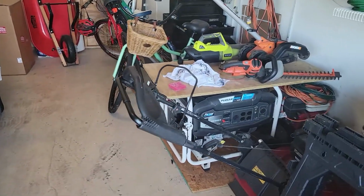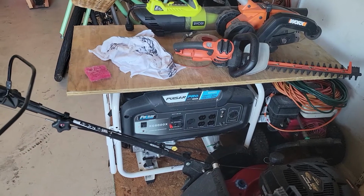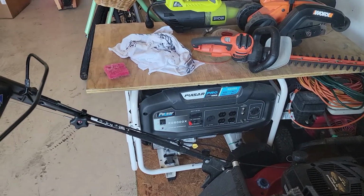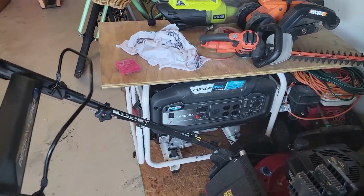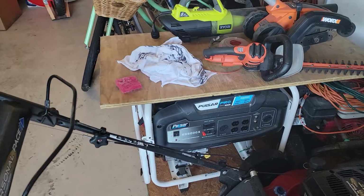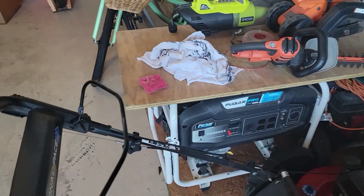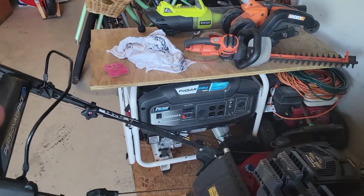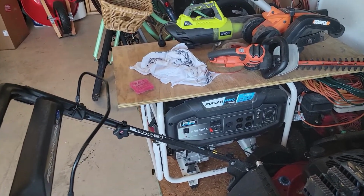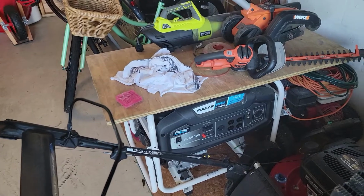All right, guys, so we're out here in my garage. This is my primary investment for long-term use to create a situation of power. This is basically a 5,000 watt generator, and it has the capability of handling the lamps, the lights, the filters, much of everything I need just to keep through a power outage. This is a gas generator, able to keep power on,